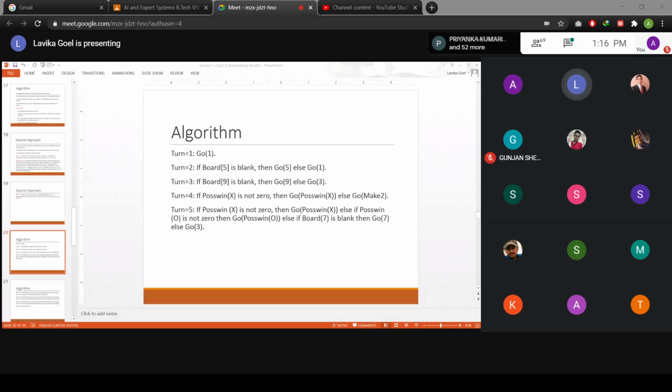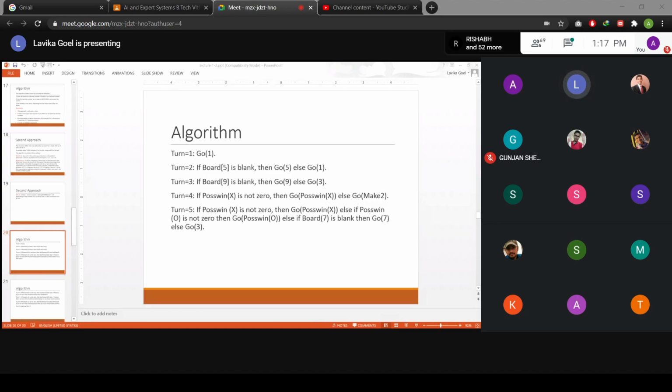So that is why it is written then go to the possible win of X, to block the win of X. And suppose X is not winning in the next move, else it will play the normal strategy of O, so it will go to make 2. Make 2 means it will go to the center and then the non-corner squares 2, 4, 6 and 8.